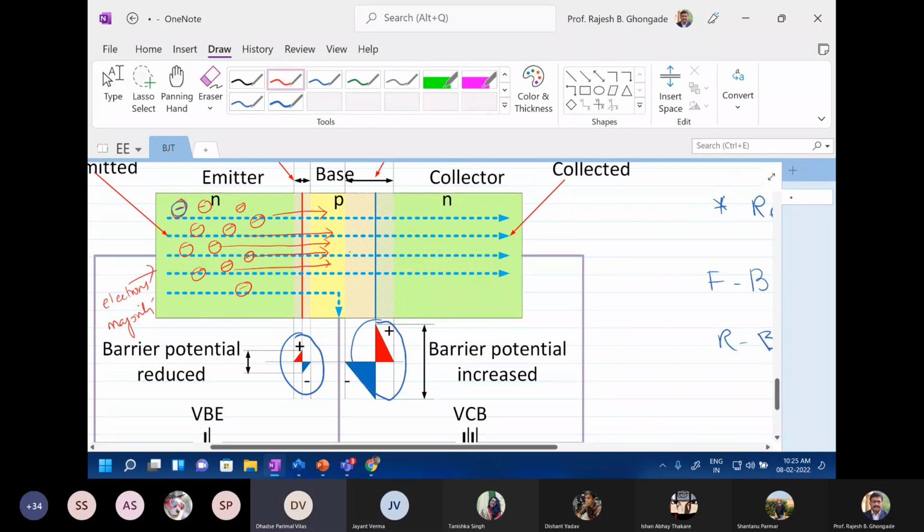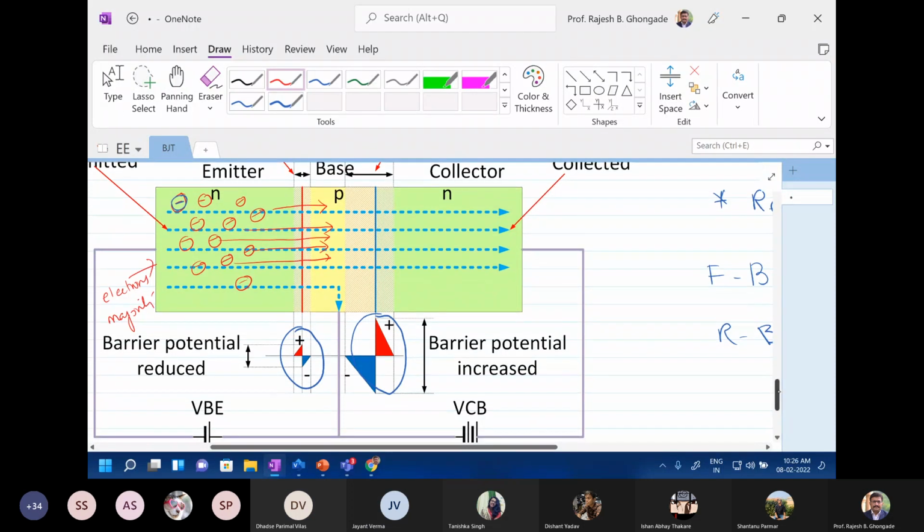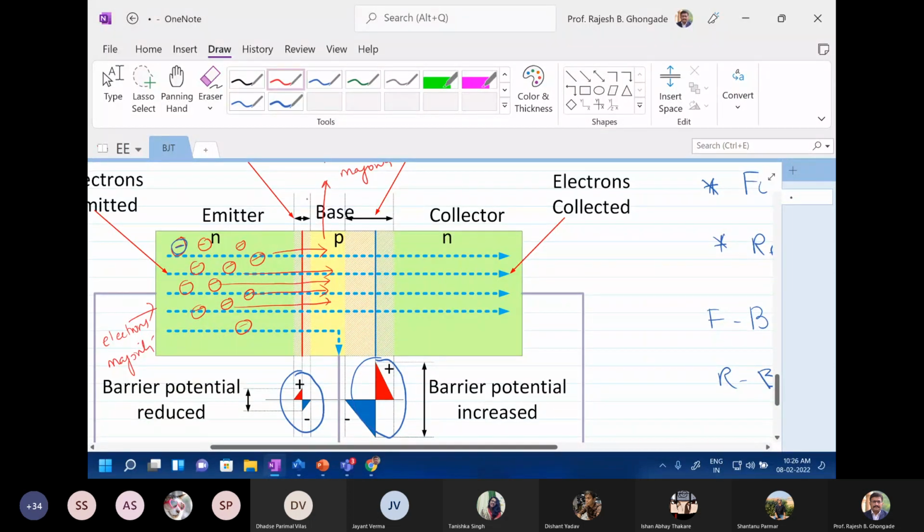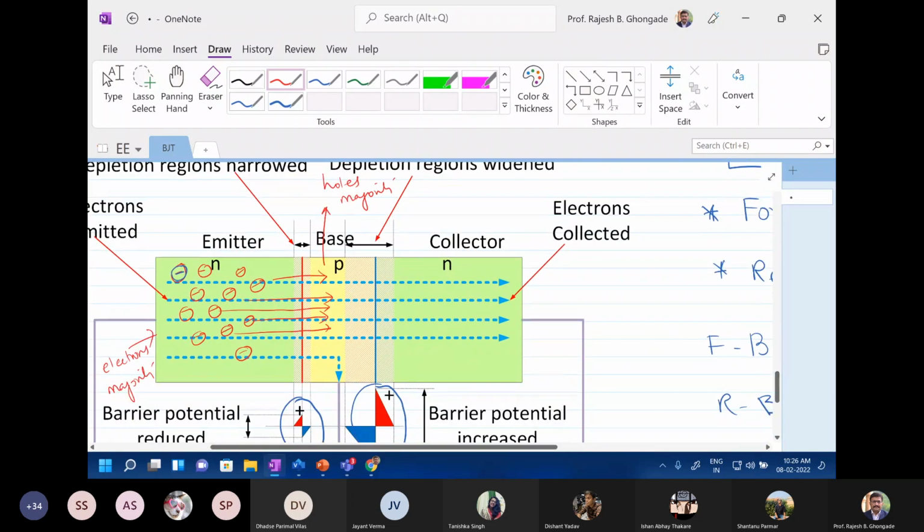Holes. पी टाइप में मेजॉरिटी चार्ज कैरियर्स आर होल्स. लेकिन अनइक्वल डोपिंग है, याद रखो. बेस लाइटली डोप्ड है, तो number of charge carriers in p type is less, whereas number of charge carriers in n type are more, है ना? तो फॉरवर्ड